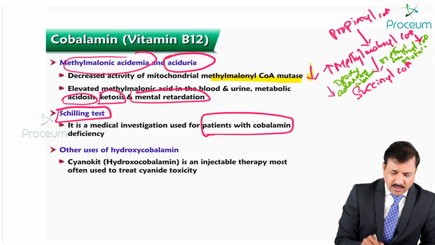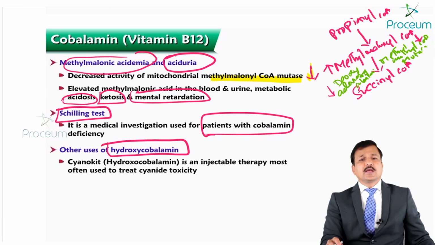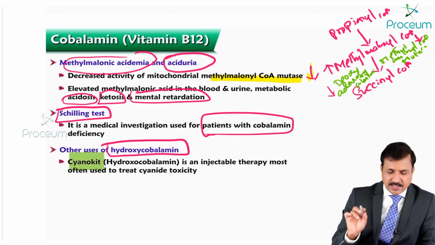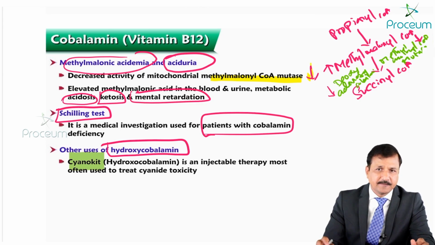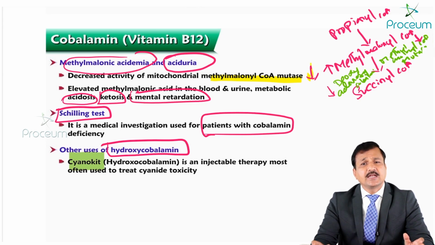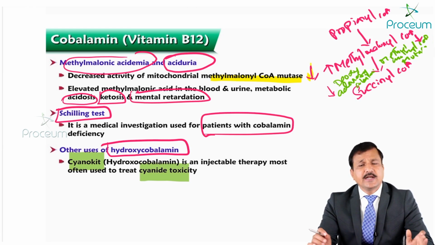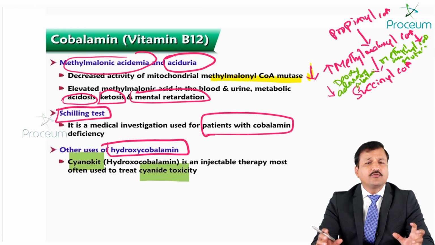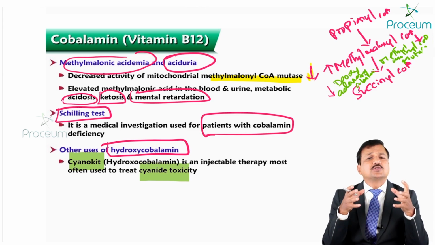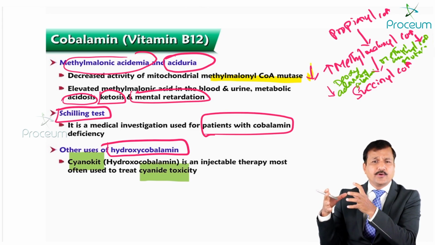Coming to other uses of cobalamin, especially hydroxycobalamin. Now, hydroxycobalamin is used in something called Cyanokit. Make sure you remember this name, Cyanokit. It contains hydroxycobalamin. So, it is an injectable form of cobalamin which is used most often in treating cyanide toxicity. So, how does it work? This medication readily combines with cyanide to form cyanocobalamin. So, hydroxycobalamin has affinity for cyanide to become cyanocobalamin, thereby it frees other proteins or enzymes that are